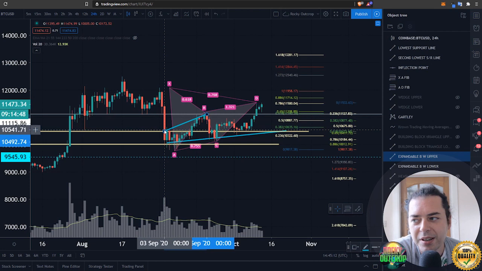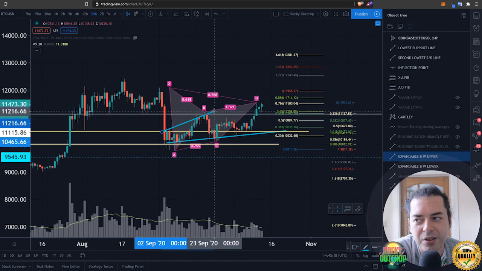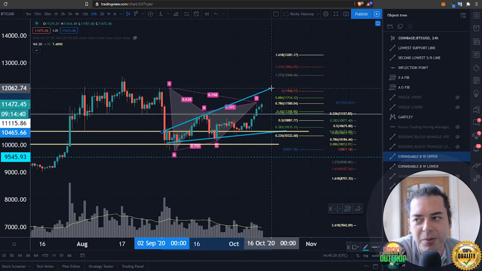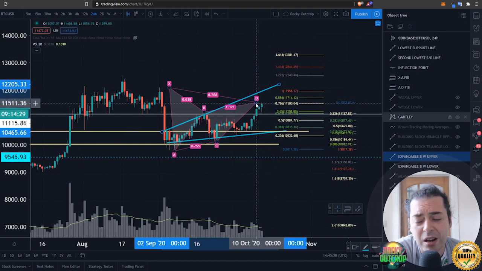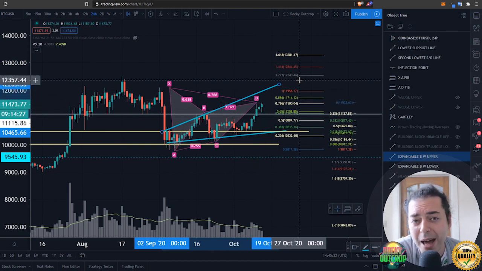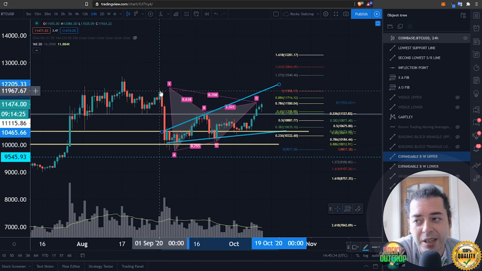I'm struggling here to grab the right hand side, so what I'm doing just now is expanding the left hand side to get it to go past this horizontal inflection point area so I can drag up towards the top side, and I can show you that if we do move towards the top side and stay within this structure overall, and indeed this Gartley were to evolve into some sort of bat instead, and we're looking here at our key